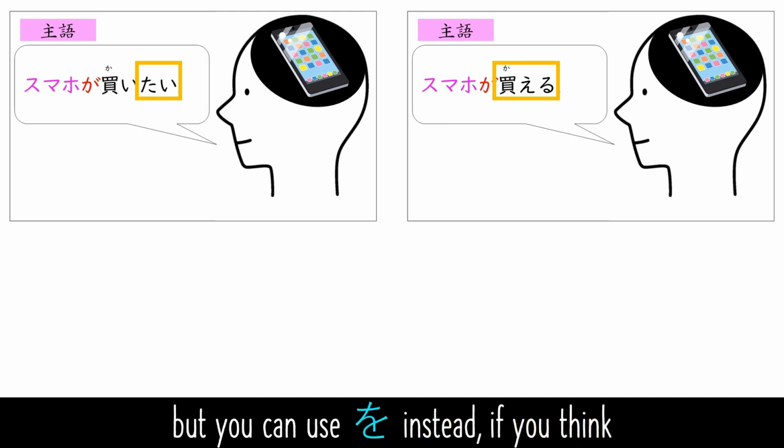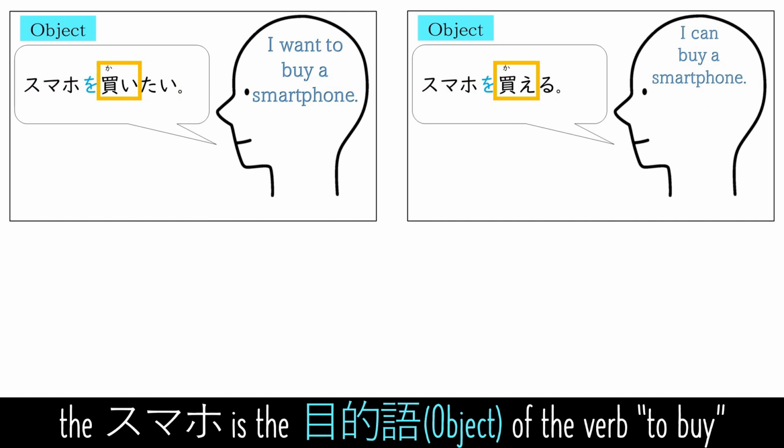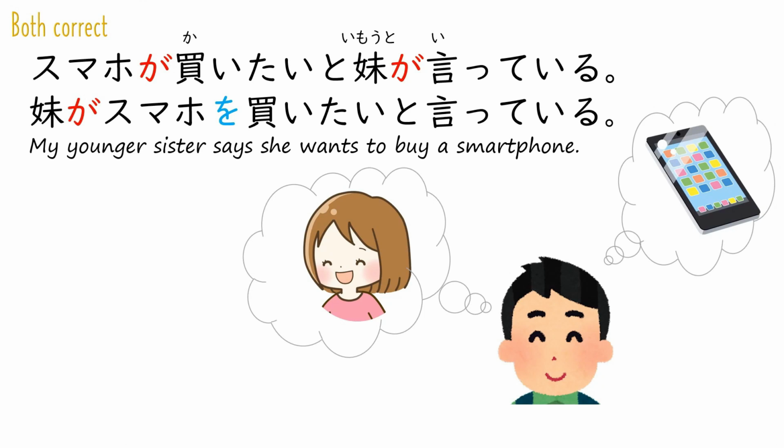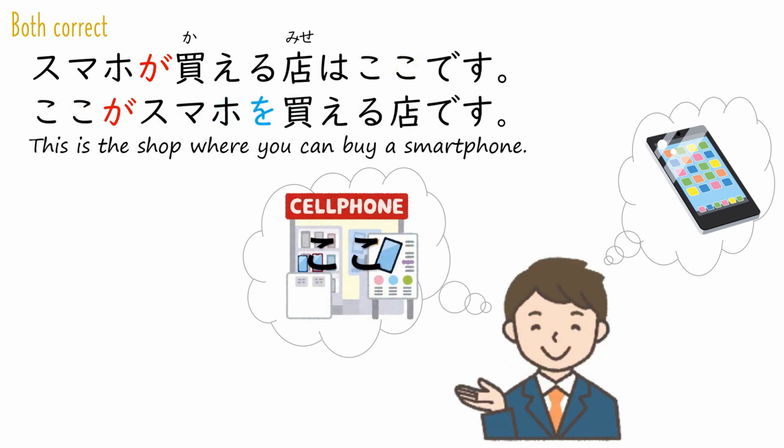But you can use o instead if you think the スマホ is the object of the verb to buy rather than 主語. スマホが買いたいと妹が言っている。妹がスマホを買いたいと言っている。スマホが買える店はここです。ここがスマホを買える店です。